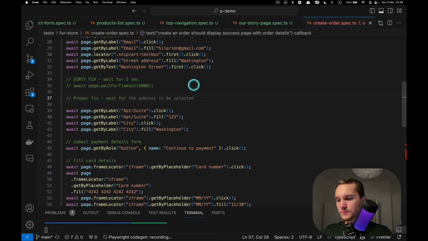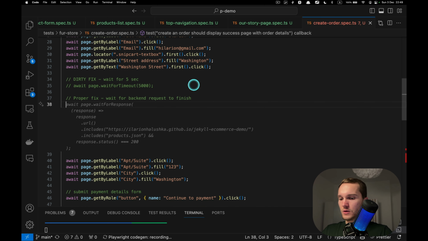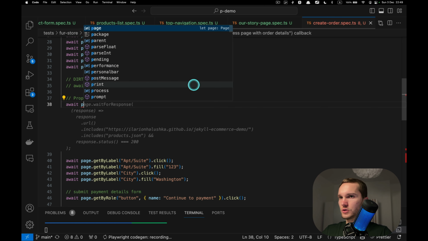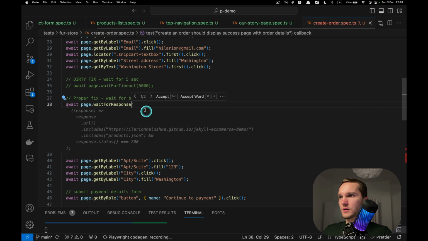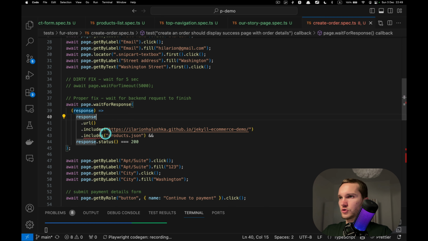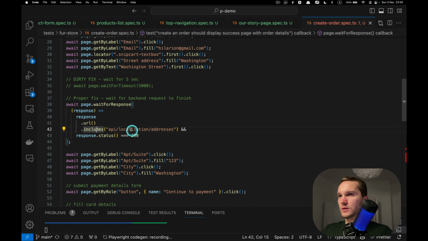Wait for backend request to finish. Alright, and for that we have page waitForResponse method, and okay, Playwright suggests something here. Response URL includes, we want it to include these addresses, and yeah, that should work. So response URL is this one, and status 200, and we might also check